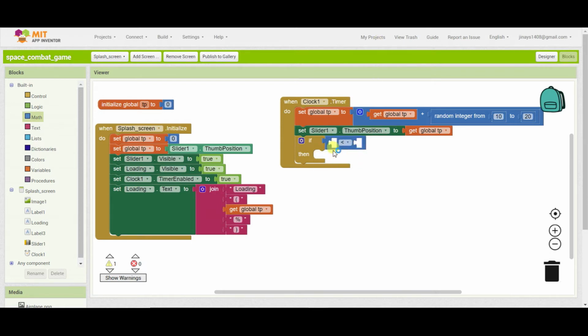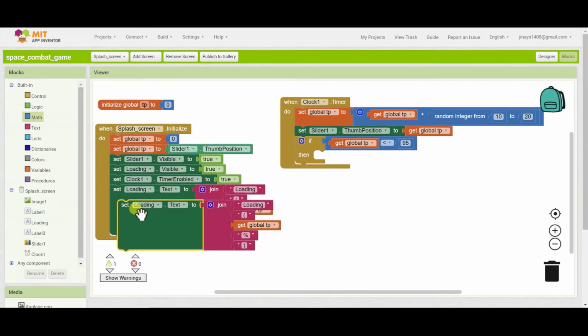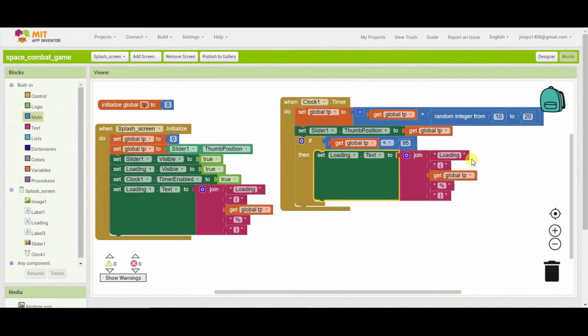So if this global TP, so TP is basically thumb position, if it is less than 95, so I am giving it a value as 95. If it is less than 95, then we have to print loading. I'll add few dots here.